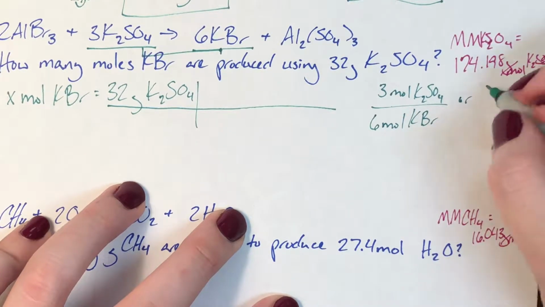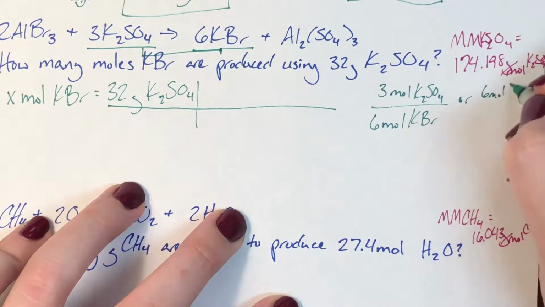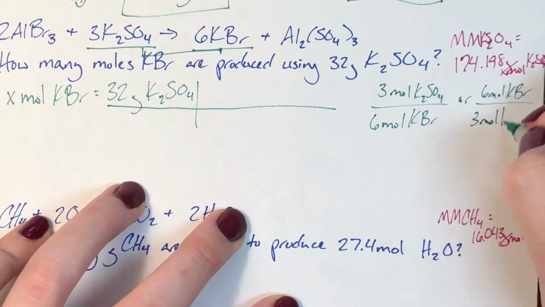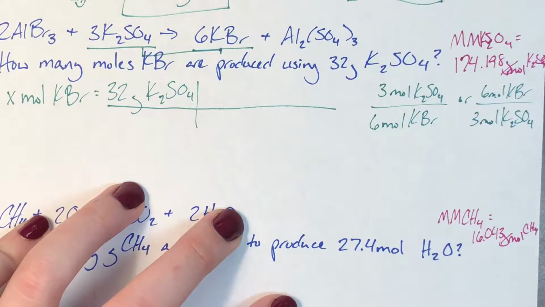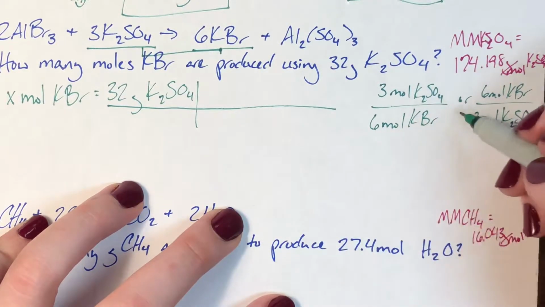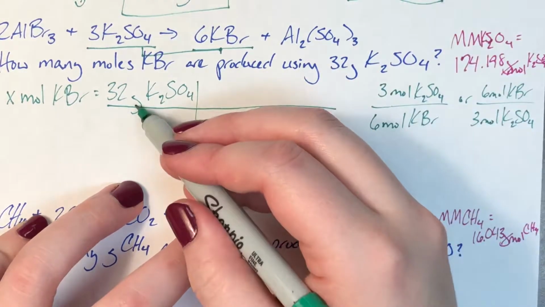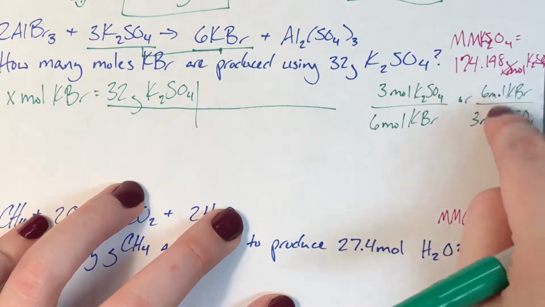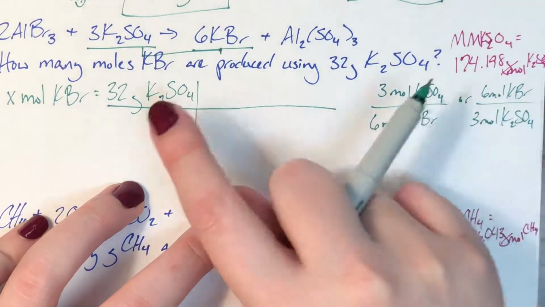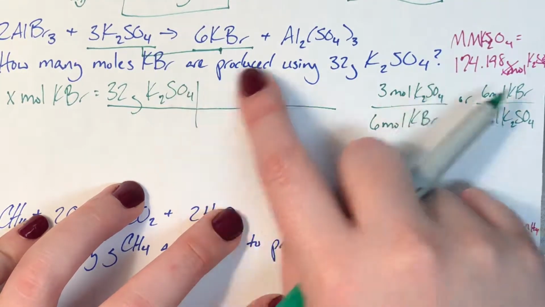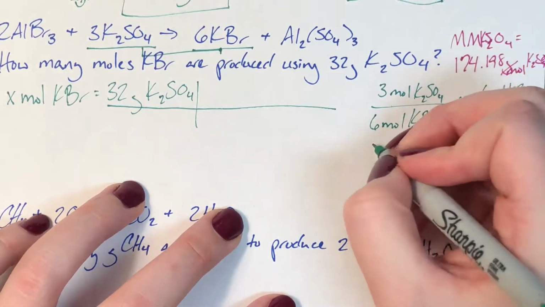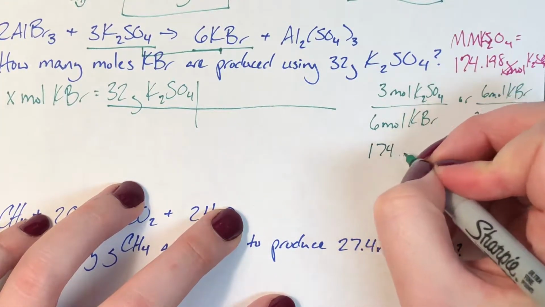Or I could also say for every 6 moles of potassium bromide, I have 3 moles of potassium sulfate. I'm not ready to use this information yet though because I'm in grams. So since I'm in grams, I need to get out of grams to actually be able to use these mole ratios because I don't have moles to cancel yet. So I'm going to turn this molar mass into the two versions of the ratios that I could use. So I'm going to say for every